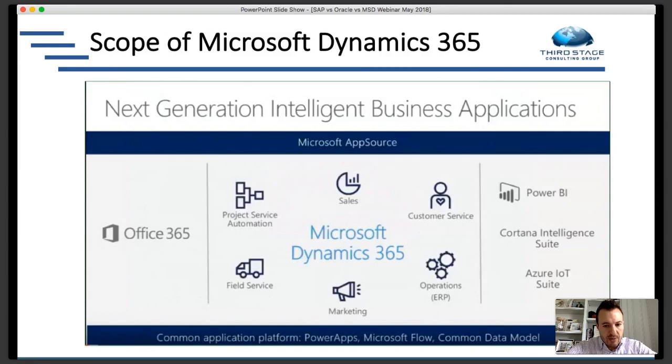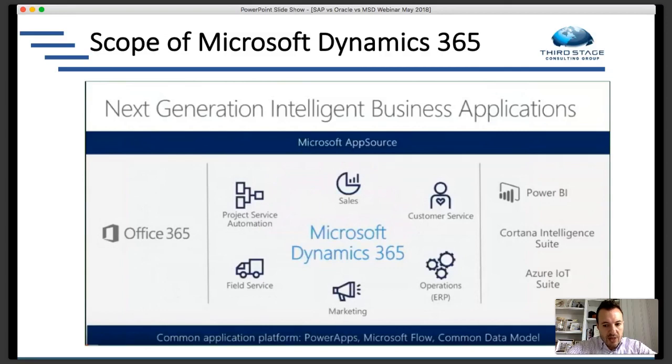So you have the typical modules that you would see in any ERP system, but Microsoft Dynamics is also pretty strong in the field service side of things, as well as project service automation. So if you're a construction organization or an energy or utility company, a lot of times companies of that nature will gravitate towards Dynamics 365 because of some of that functionality they've developed and some of the strengths in those areas.